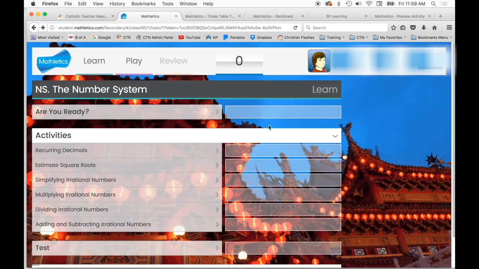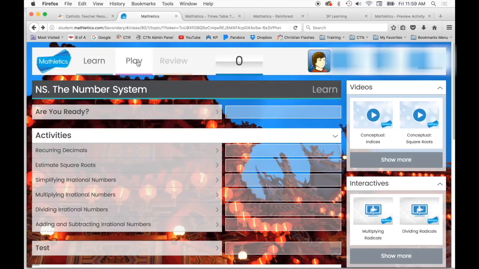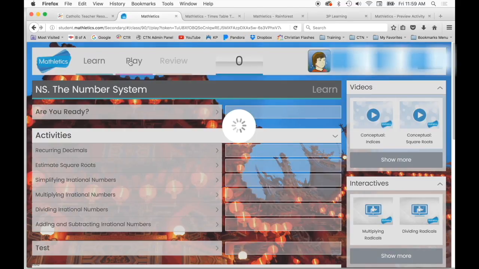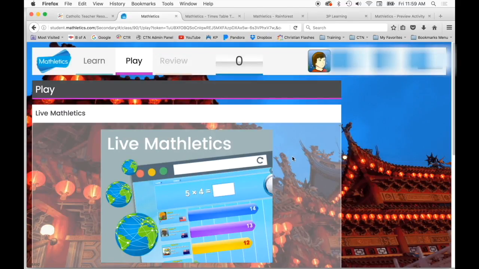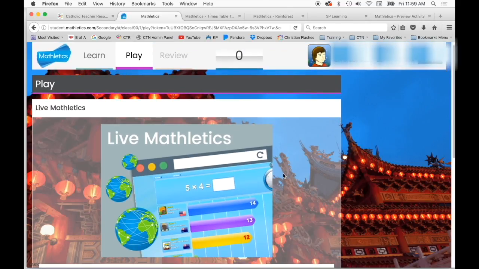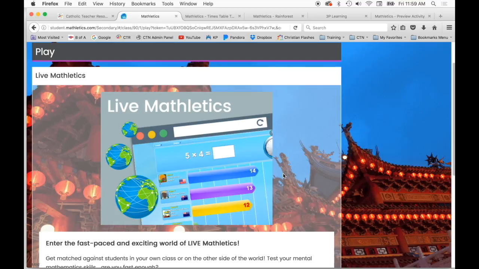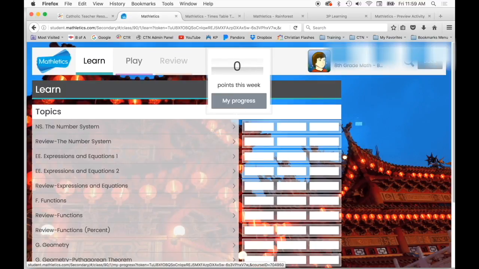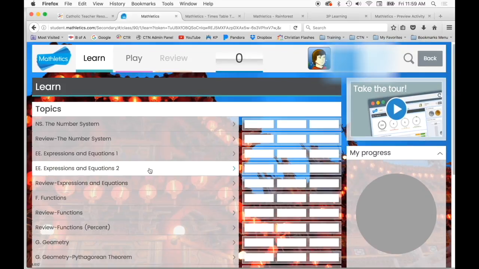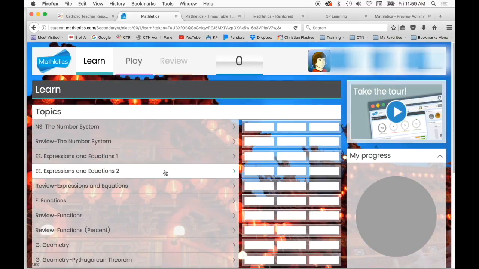Okay, coming back to the student view here, the next option here is play. And the 7th and 8th graders don't have as many games or digital interactives like the K to 6 kids do, but they definitely have live Mathletics because that's the most popular game in this system. Okay, so that just gives you an overview of what the 7th and 8th graders see versus the K to